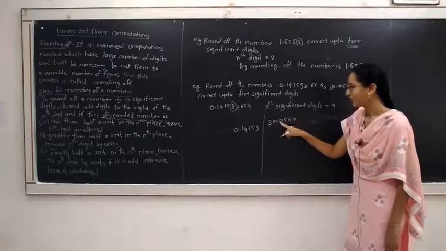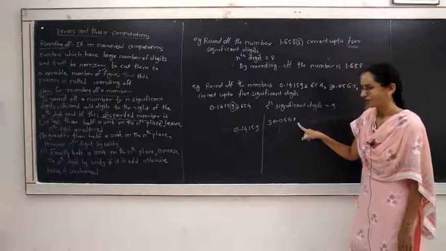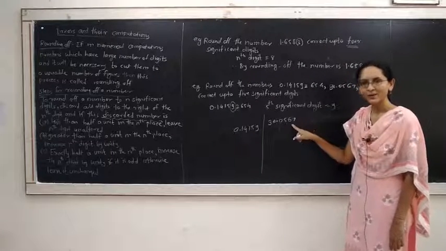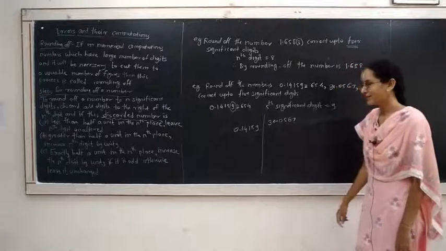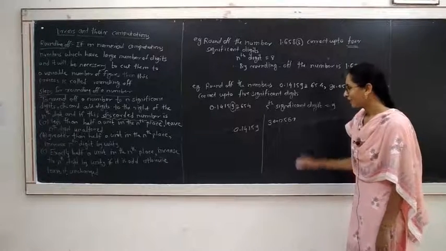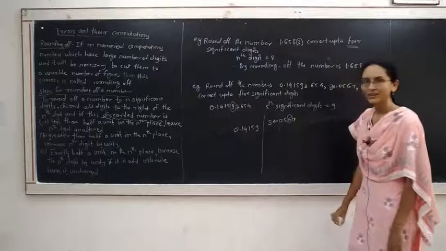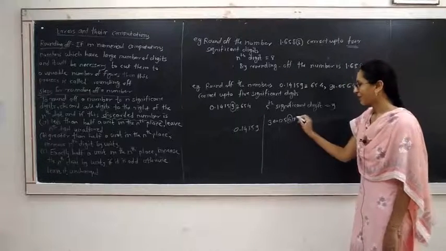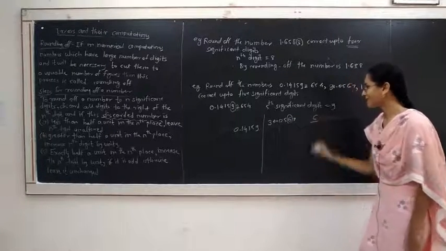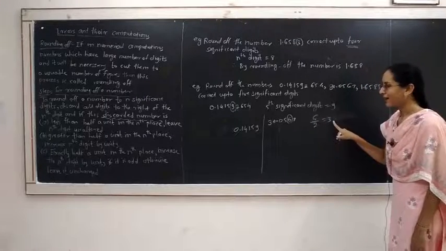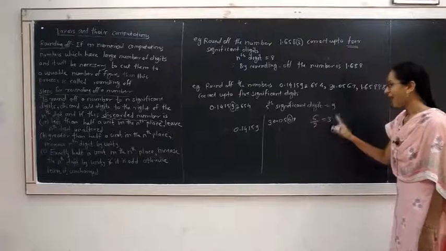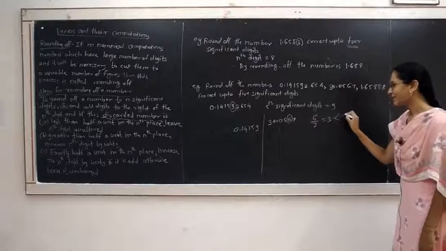30.0567 consists of 6 significant digits. We have to round off this number correct up to 5 significant figures, or 5 significant digits. For that, we have to look at the 5th significant digit, which is 6. Now, half of that 6 is 3. This half of the unit at the 5th place is 3, and this is strictly less than the discarded number